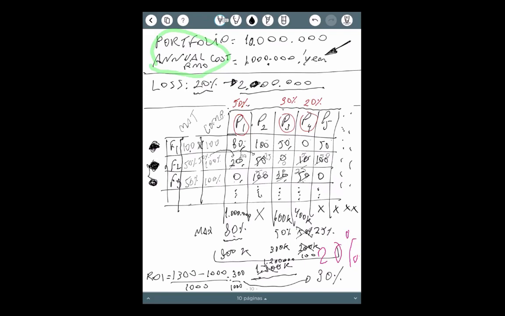Finally, you can try to reduce the annual cost of your PMO. It's another possibility. So there are many possibilities that you can use to improve your ROI. But what's really important when you are analyzing the results is, let's suppose that you have a 100% positive ROI. So it looks like you are on the right path. You are providing the correct functions, and these functions are addressing not only the stakeholder needs, but also the problems